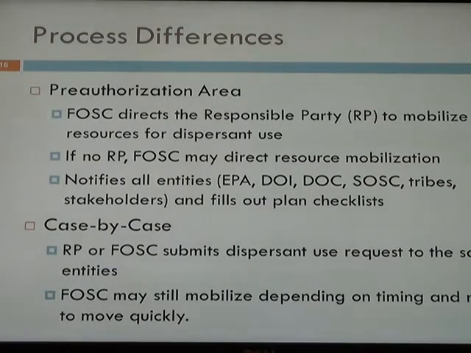And for discharges of crude oil in a pre-authorization area within 24 months following the signing of the plan. So that's important to note, because right now, although a pre-authorization area has been defined, it's not in effect right now. It doesn't go into effect until 24 months after this plan was signed, so that'll be January of 2018. And then it's only once the Federal On-Scene Coordinator has approved the avoidance areas within the pre-authorization area.